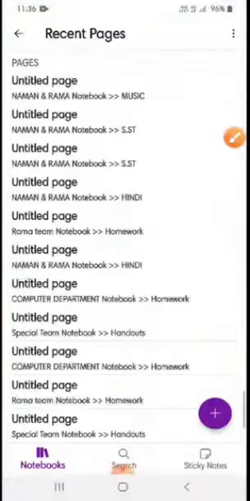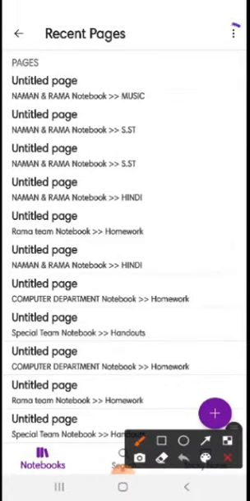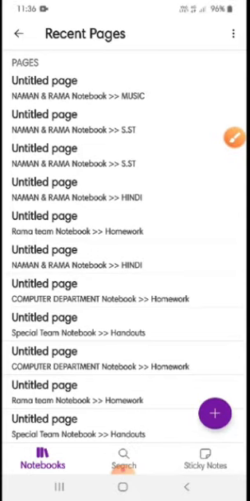This is how it will open. As I'm dealing with so many notebooks and creating so many demos, my page looks like this. Your page may be blank or have one or two options. What you have to do is go to these three dots.